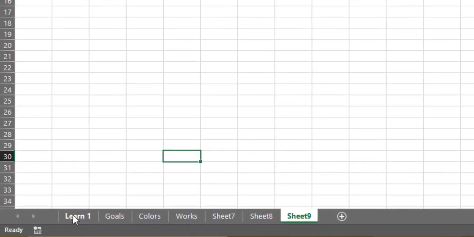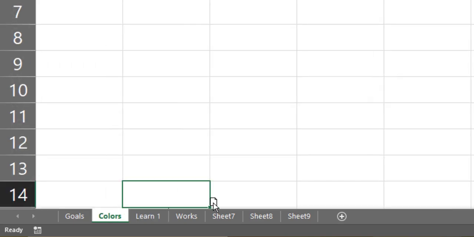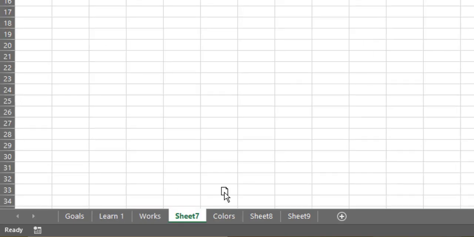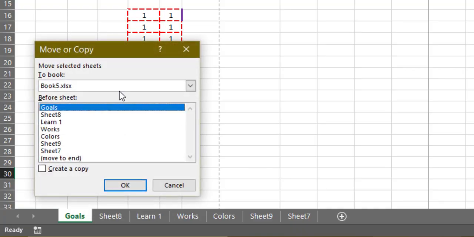Now we can even place these sheets in a different order. We can change their placements also. Like for example, I don't want this one here, I can move it here. We can do a simple drag and drop. Another option we have here, once you right click this, you have the option of move or copy.